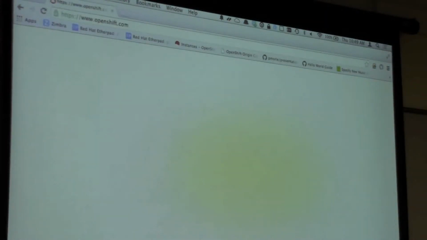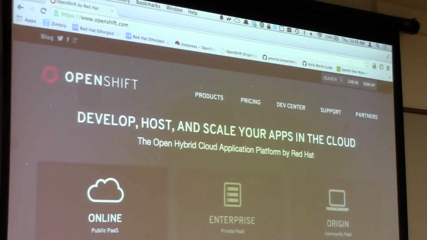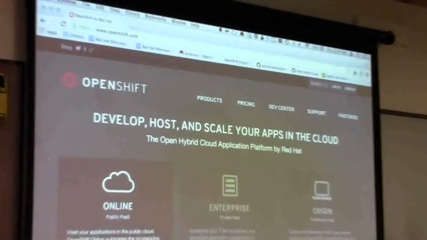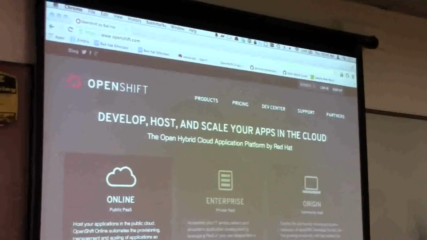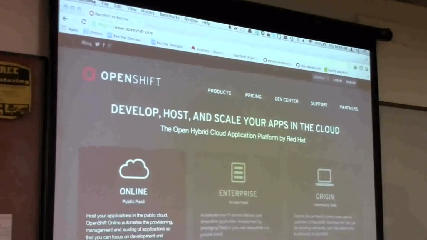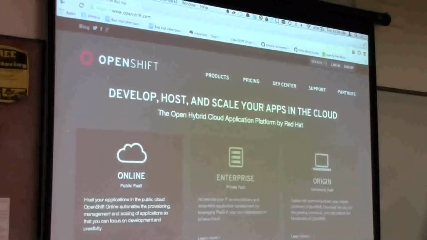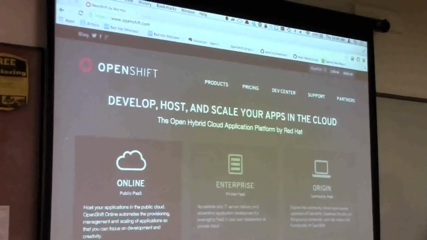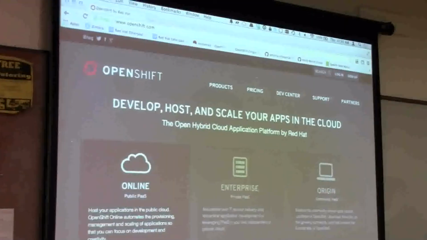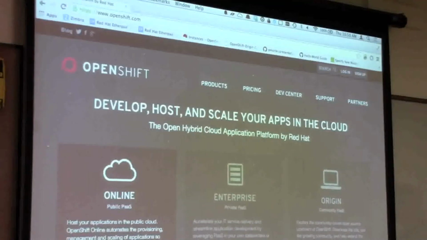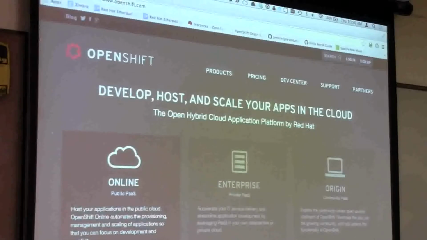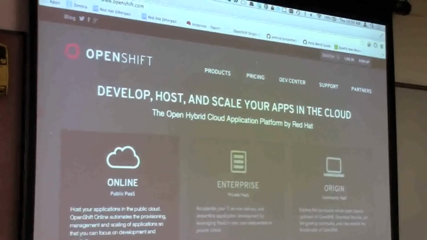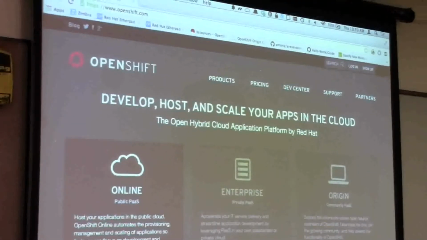With OpenShift, you can interact with the platform one of three ways. You can use the web console and do everything on the web. You can use your IDE. We provide support for Eclipse. If you're an IntelliJ user, IntelliJ writes their own OpenShift plugin. If you're a PHP user, Zend Studio, we have a partnership with Zend. They write their own plugin for it. If you're a mobile developer and a Titanium developer, they have integration. So most IDEs have an integration with OpenShift, simply because we've gotten so popular.